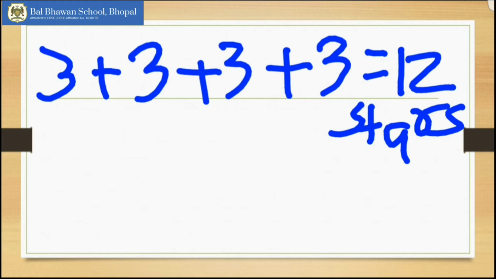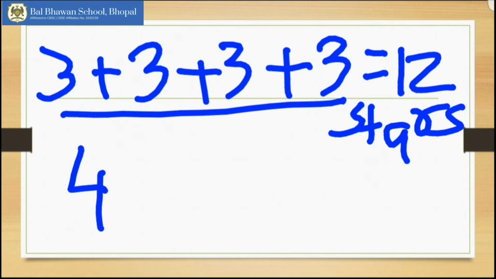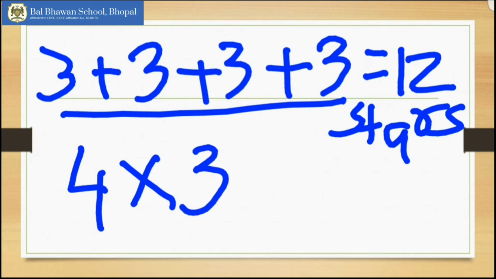Okay, so children, again I will ask you the same questions: how many groups of stars were there? Yes, 4. Okay, and how many stars are there in each group? Yes, 3 stars in each group. So we can write in multiplication form like 4 groups into 3, is equal to, so children, you already know the table of 4. So what are 4 threes? 4 threes are 12.